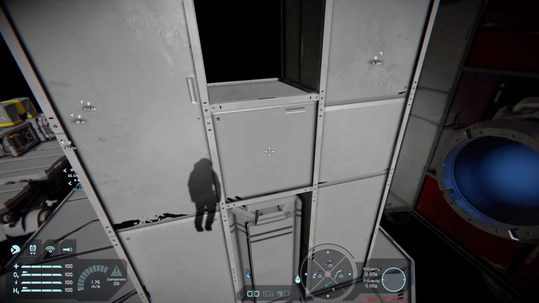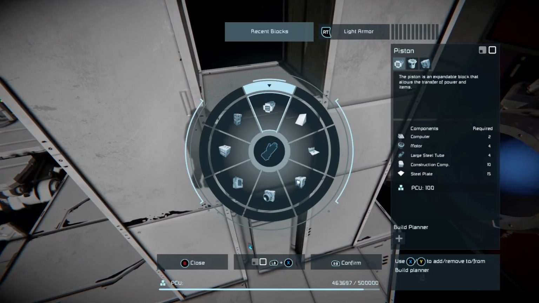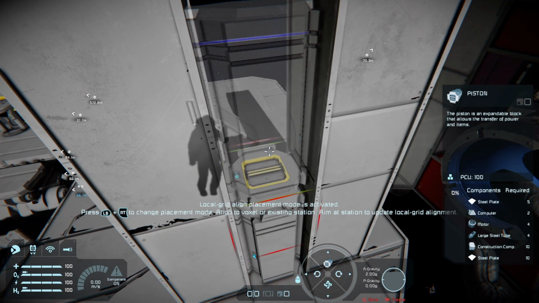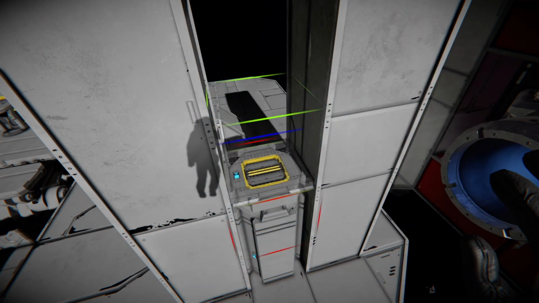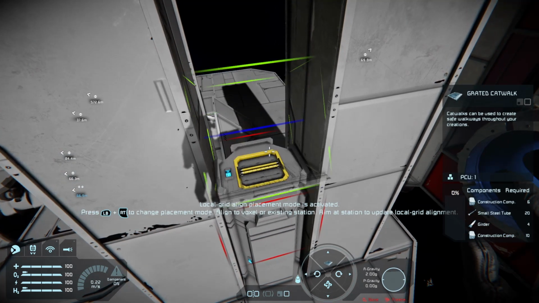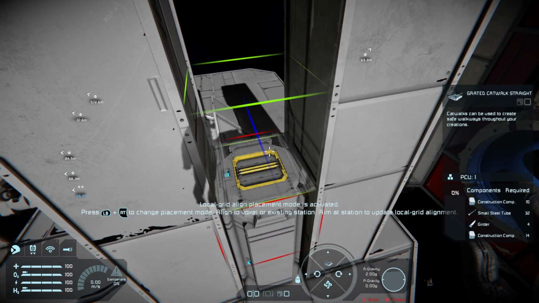If you want a lift, you could make a lift a lot easier now. In fact, if you want a really simple lift, all you need to do on this particular build is just slap one of these grated catwalks over the top. Pick the one you like the look of the most.